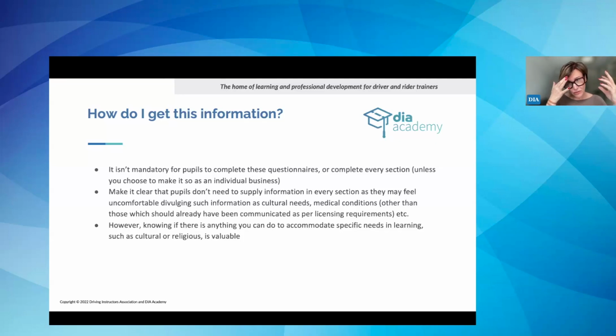So I think if we haven't done something on VARK for a while, it might be another, giving you more jobs to do here, but it might be another special webinar that we need to look at, going through that, because let's face it, the ADI qualification has many gaps, and this is one of them, understanding different learning types. And I think that would be useful to do something on that. So yeah, the information that you're gathering is building up that picture of, is somebody needing to learn in a very specific way with you?